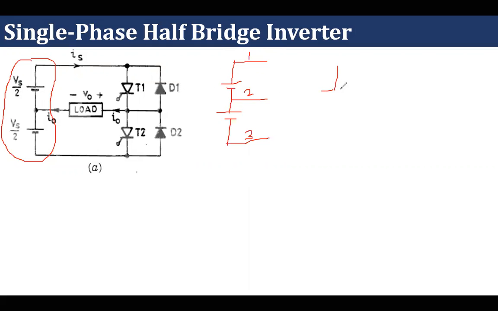So with the help of one DC source, by using capacitors, we can do the same. So this is a polar capacitor, and with the help of these two capacitors, we can convert this single DC source into a three wire DC source. Although it has other issues that we are not going to talk about at this place.